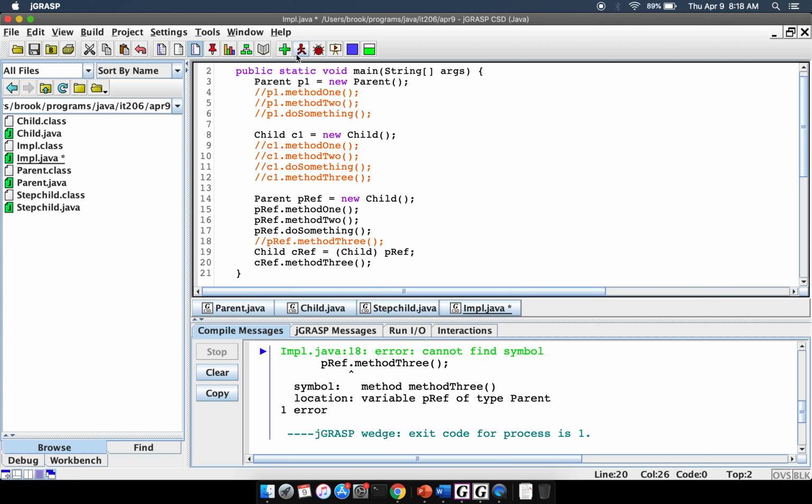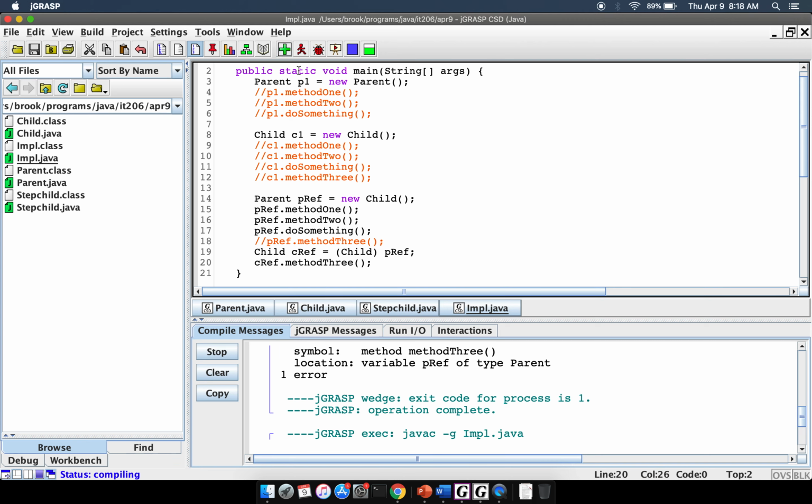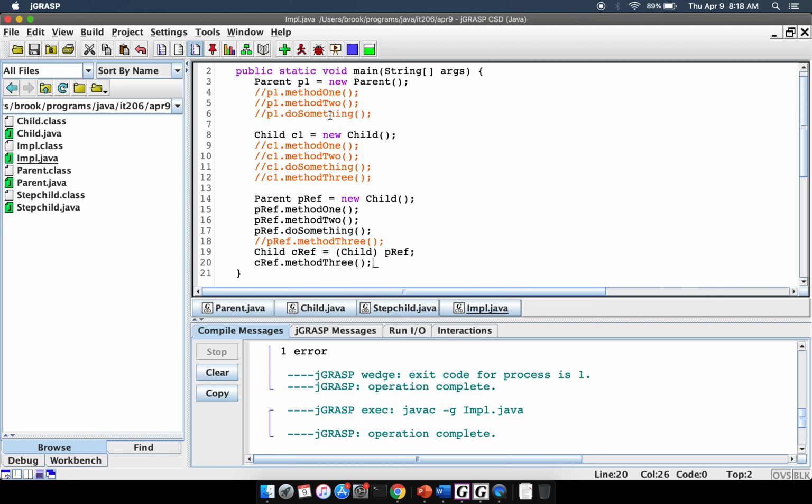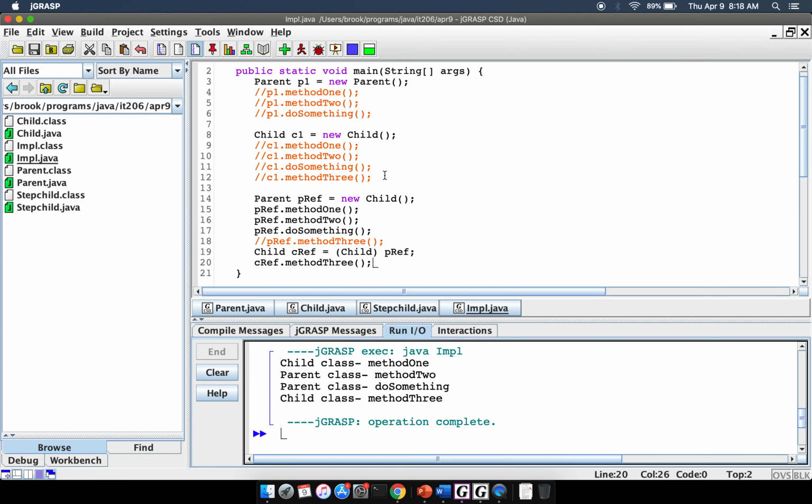So again, if I were to compile this, now it doesn't complain at me. And now when I execute this, I get my child class method 3 here at the end. So that is the basics of how you do, I guess, downcasting